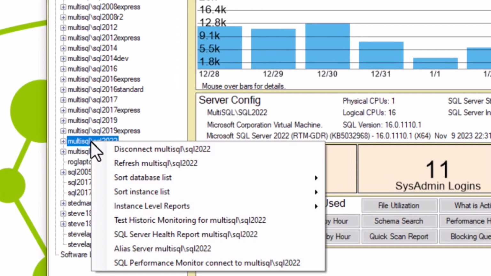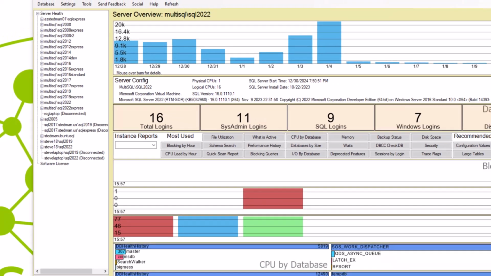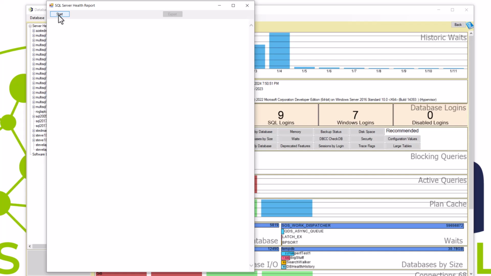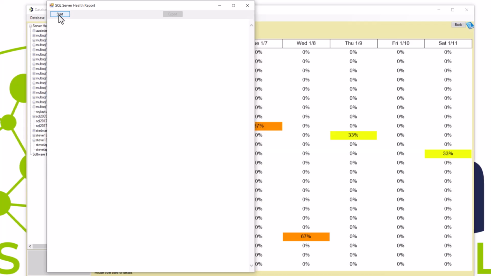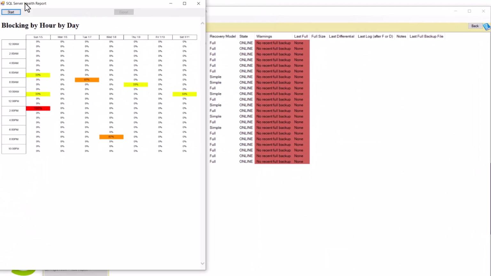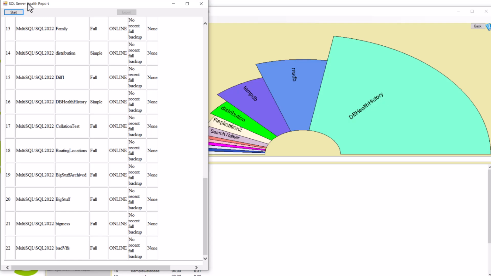But what I've done is I've built what I'm calling the SQL Server Health Report, where you click on one of the servers in the tree view. And when you click on that, it pops up with this plain old boring white window. Probably need some help instructions here. I'll put that in. Then when you hit start, what it does is it goes and navigates through a bunch